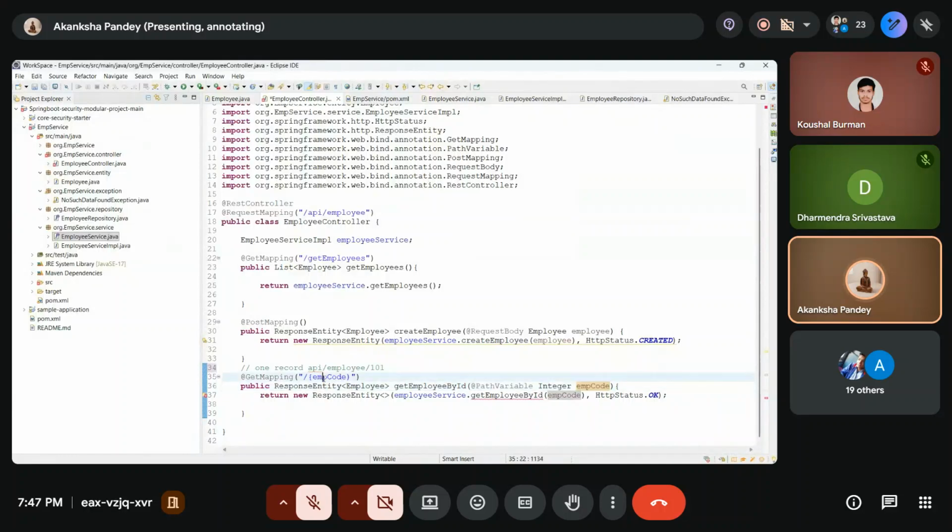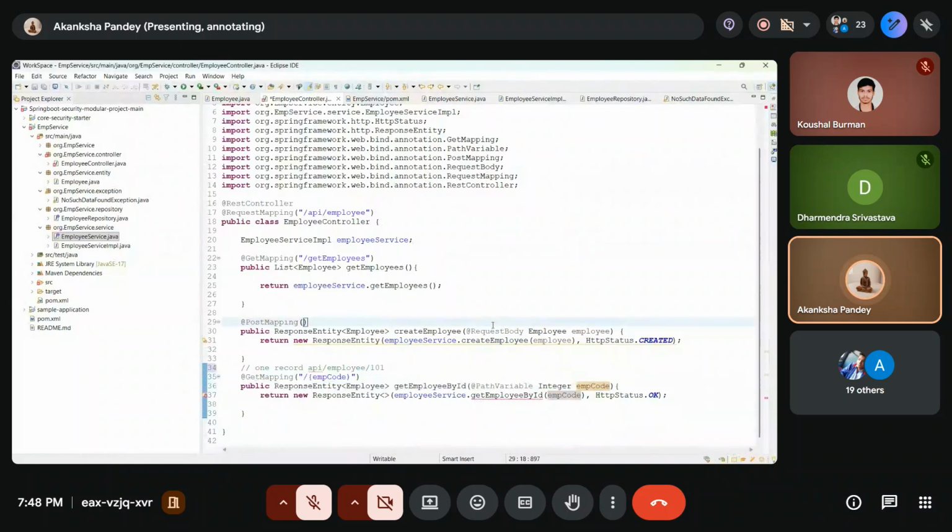And this local variable value we will retrieve here. How? This variable is part of the path, right? That's why we are retrieving this variable by using the annotation PathVariable. Why the PathVariable? Because it is part of this path. So whatever variable is here within this path, the value is given, the actual value will be stored in this variable, and that variable we will retrieve by using the PathVariable